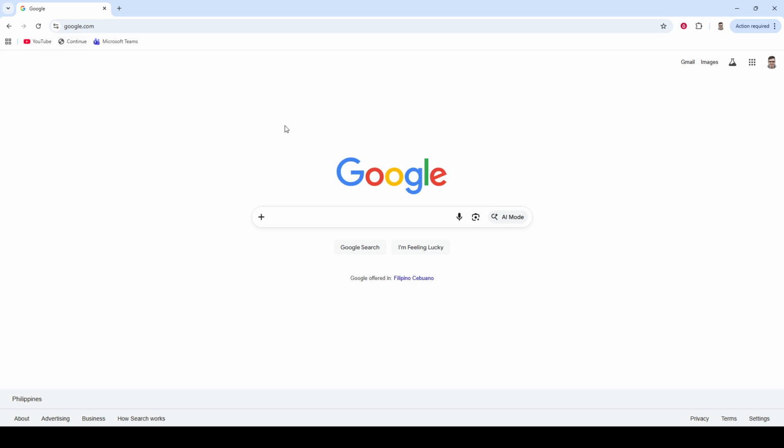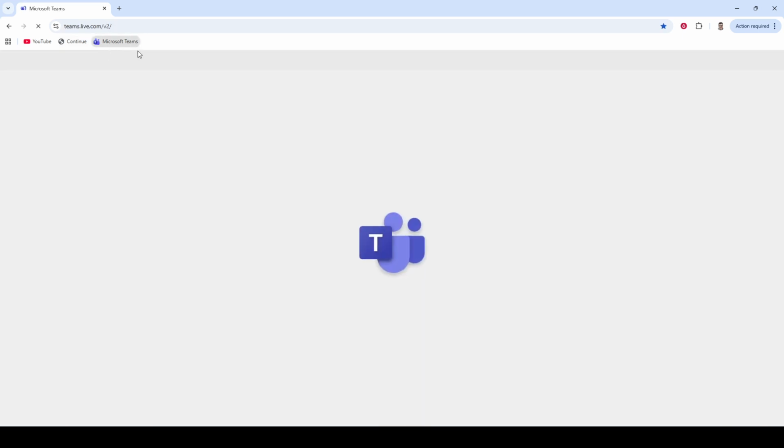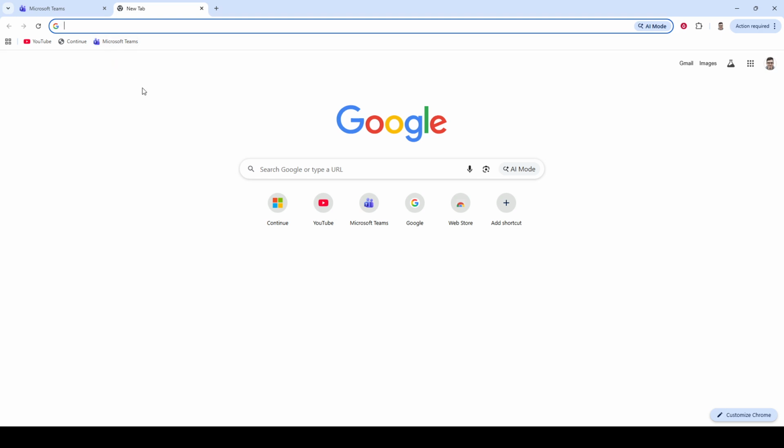You should now see a thin horizontal bar. This is the Bookmarks bar, and it is designed to give you quick, one-click access to your saved bookmarks. If you have already saved bookmarks, you may see icons or website names appear on that bar right away. If the bar is empty, that is normal too. It simply means you do not have bookmarks saved to the Bookmarks bar yet, but the bar is now visible